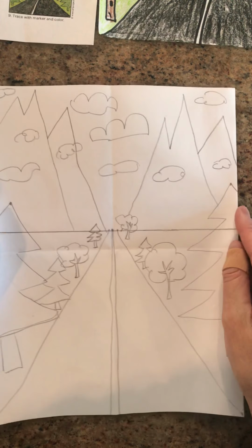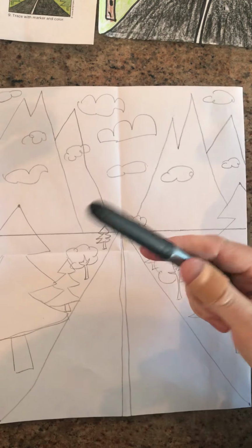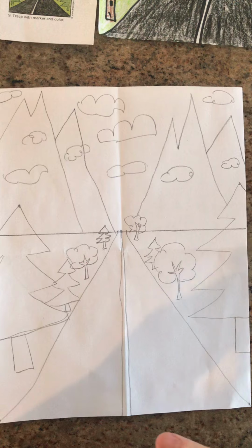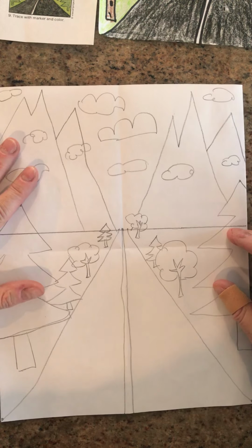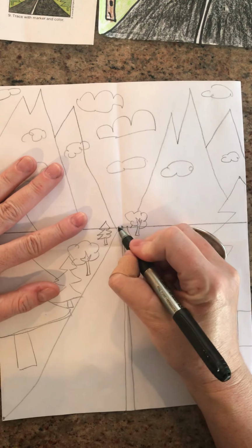So from there, all that you have left to do, and I'm just going to slip a piece of paper under it, is to cover your lines with a marker, a Sharpie, or even a ballpoint pen. And then we're going to erase all the pencil marks. So I'm going to go back, and I'm not going to start with my horizon line, but I am going to start with the next line that we worked with, and that is my road. So I'm going to go back to my road,